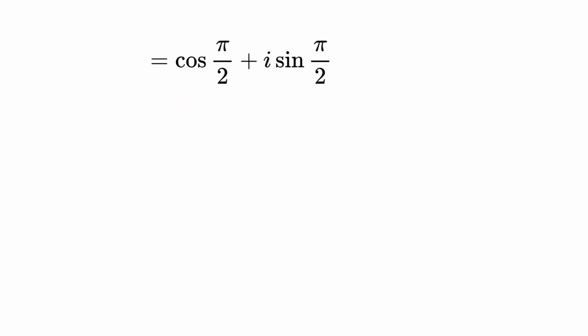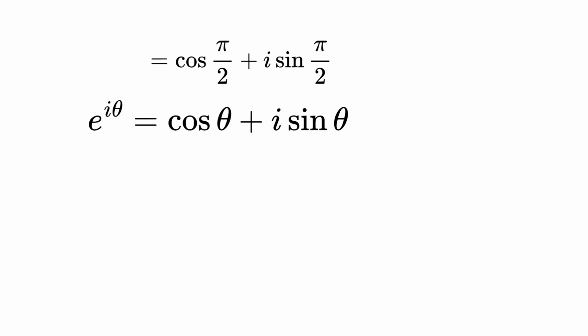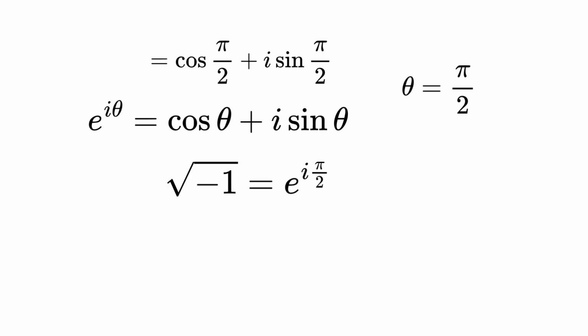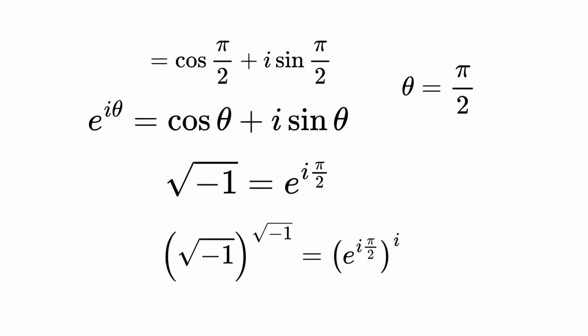Do you know that e power i theta is equal to cos theta plus i sin theta? By comparing these two equations, we get theta is equal to pi by 2. Then we get square root of minus 1 is equal to e power i pi by 2. Then we can write square root of minus 1 whole power square root of minus 1 is equal to e power i pi by 2 whole power i, because square root of minus 1 is also equal to